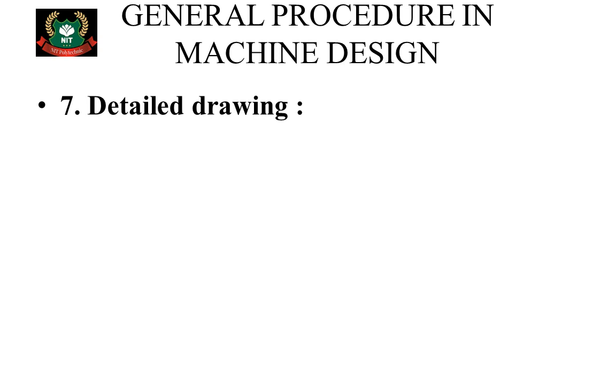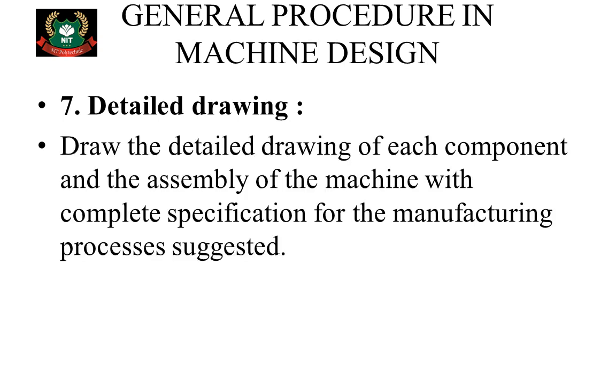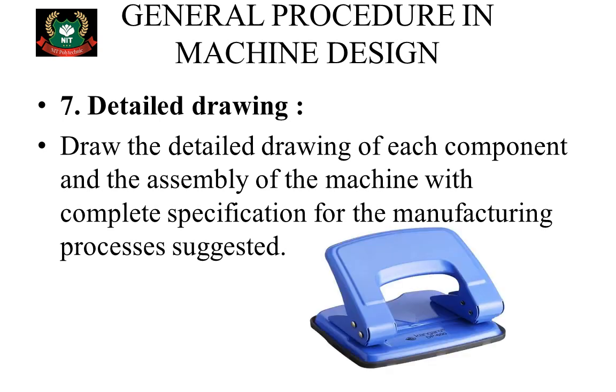The seventh step in machine design is the detailed drawing of the machine, in which we draw the front view, top view, side view and 3D view of the product which has to be designed, and also mention various limits, fits and tolerances. That is called a detailed drawing or production drawing. It also includes the various production processes on each machine member during production.